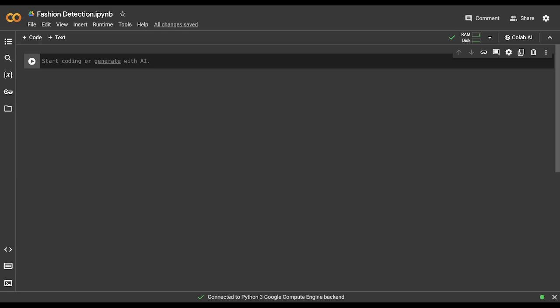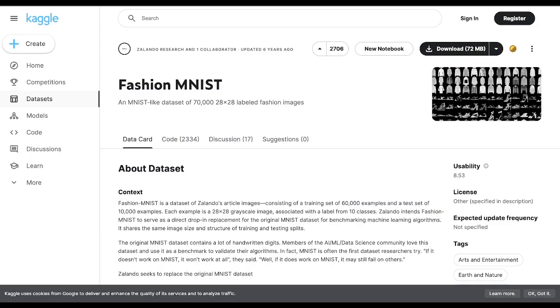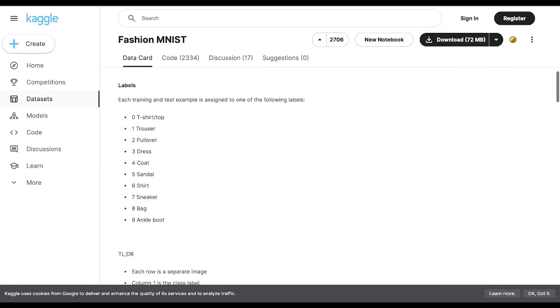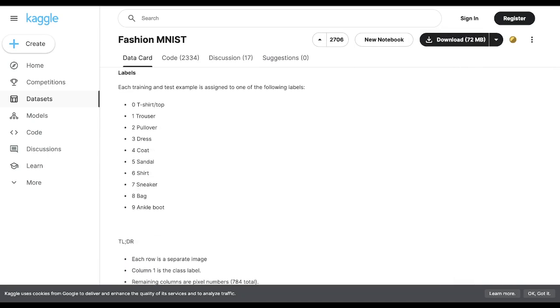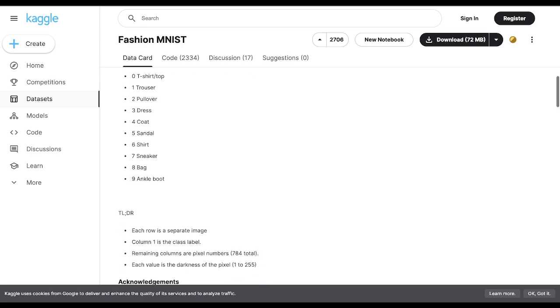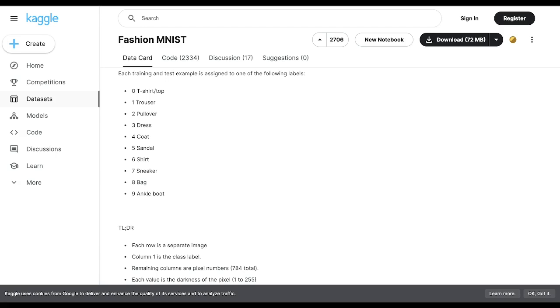For this project we are going to use this dataset from Kaggle, which is Fashion MNIST, and as you can see in this black and white image, it consists of many types of clothes and accessories as well as shoe wear, and you want to detect which type of fashion it belongs to. So here we have these 10 categories: shirt, trouser, dress, coat, sandals, skirt, sneaker, etc. And these are the labels 0, 1, 2, 3.